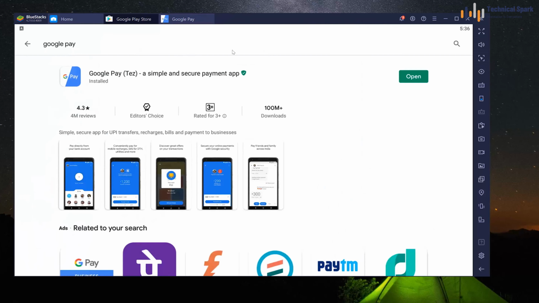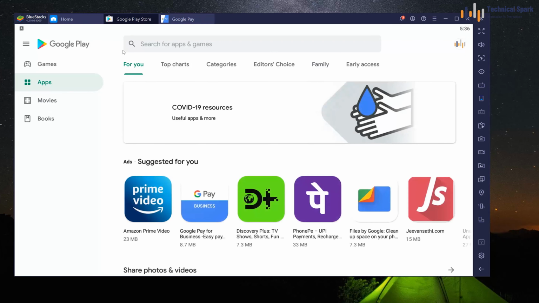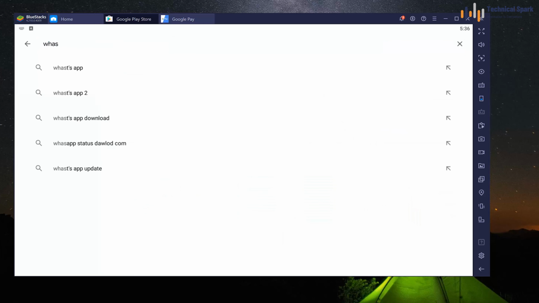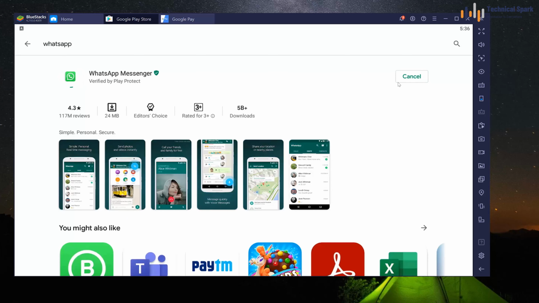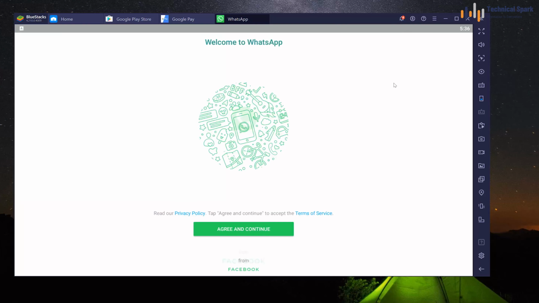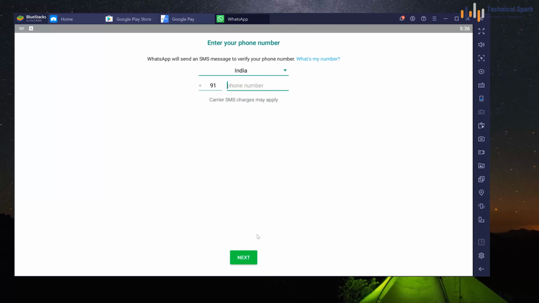Let me download one more application. WhatsApp. Click on install. Open. Agree and continue.